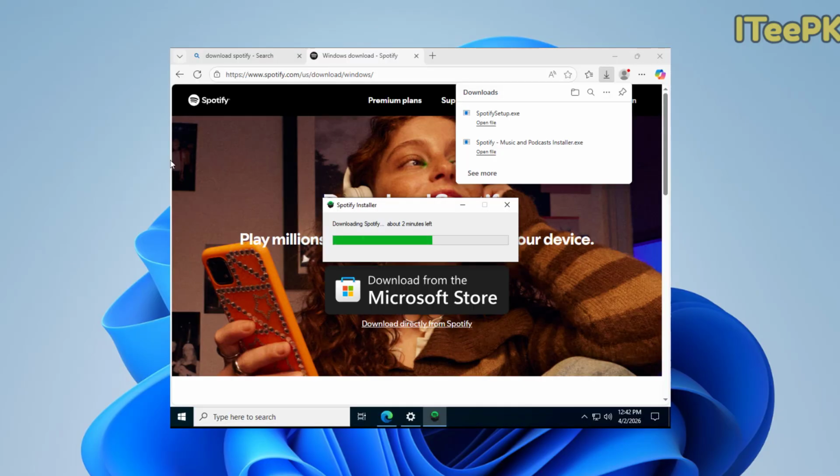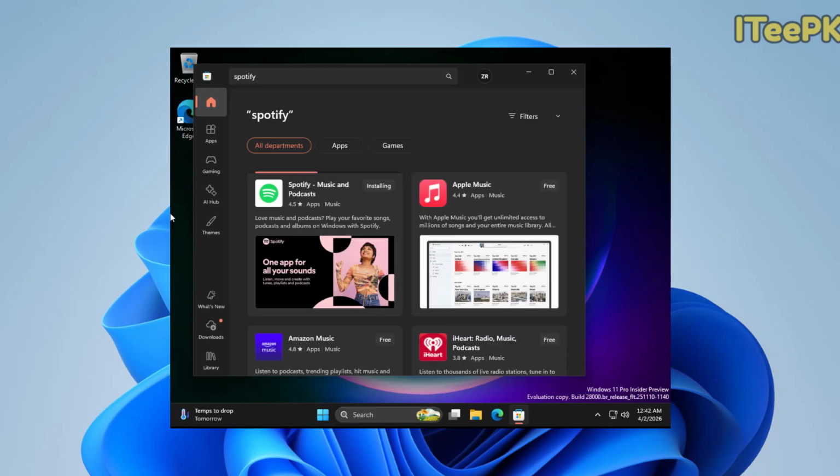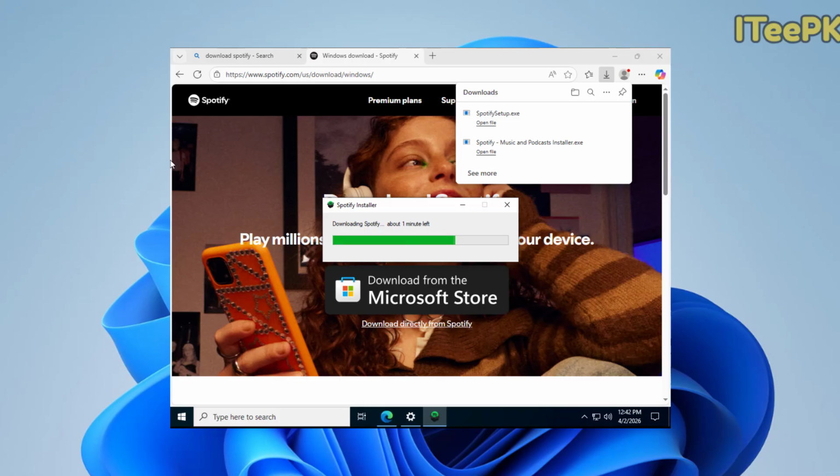Now let's see what happened on Windows 10. It's still downloading the Spotify and it will install. Please note that there are two methods, either to download Spotify from the web or to download the Spotify from Microsoft Store. If you are not able to download and install Spotify from your Microsoft Store either on Windows 11 or Windows 10, just go to video description and click the download link that will take you to this Spotify